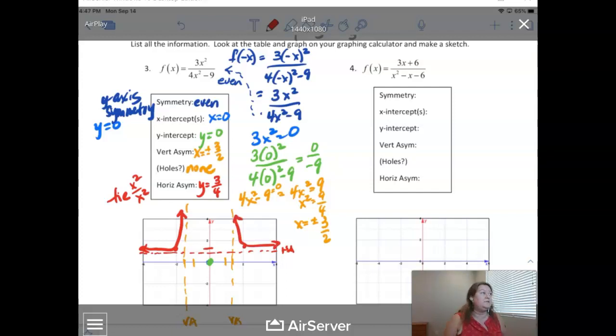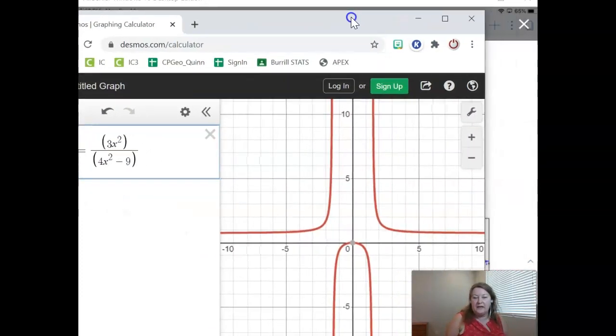Okay, what about in the middle? So in the middle, now I know what the behavior is, that it's going to be a U shape going down, and that it's going to be equal on either side, right? Because remember, because it's even, it folds over the y-axis. So I can click on here and try to go find a point here. Let's go find where 1 is. Looks like 1 is going to be at